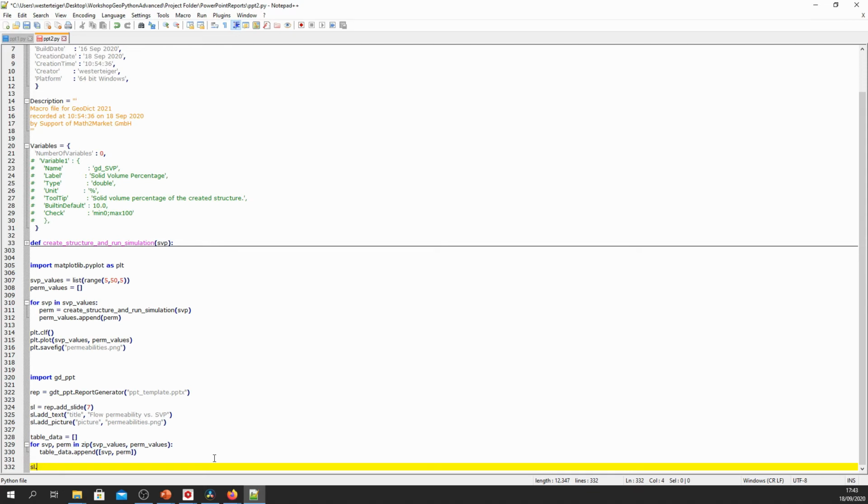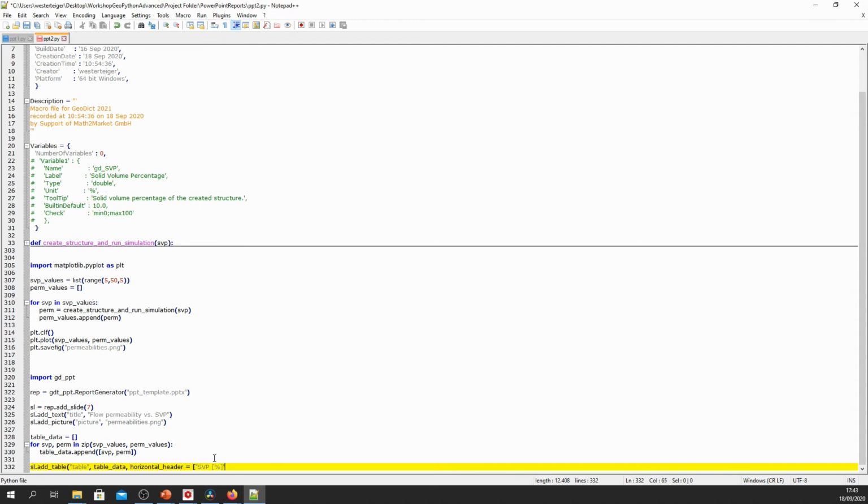So we do sl.add table. Placeholder is called table, and we have to specify the table data here. And what we can also do is specify a horizontal header. So horizontal underscore header equals, and this is again a list with an entry for each header.